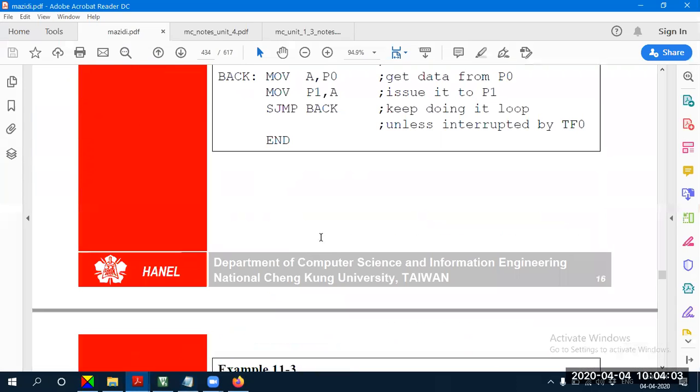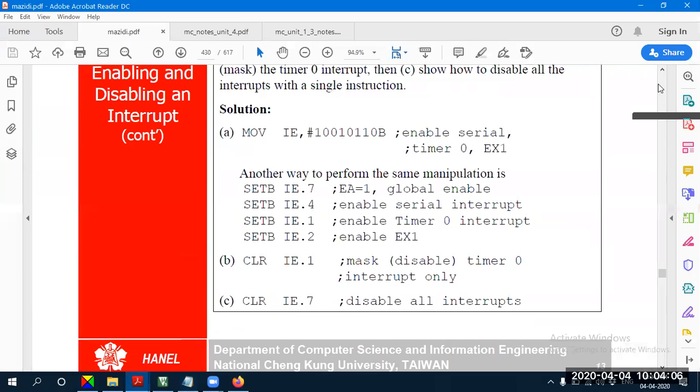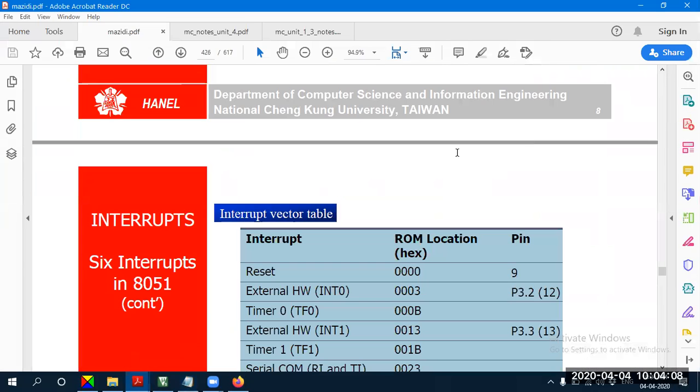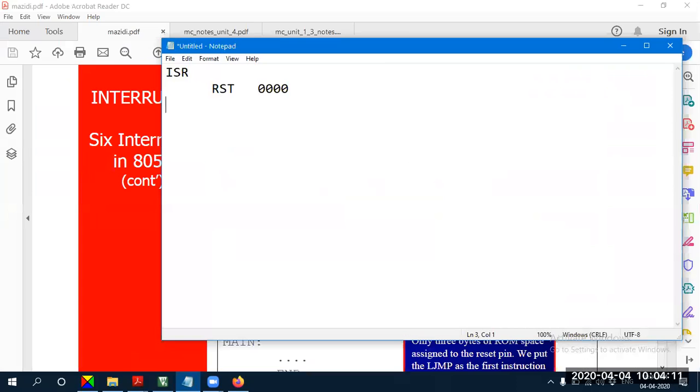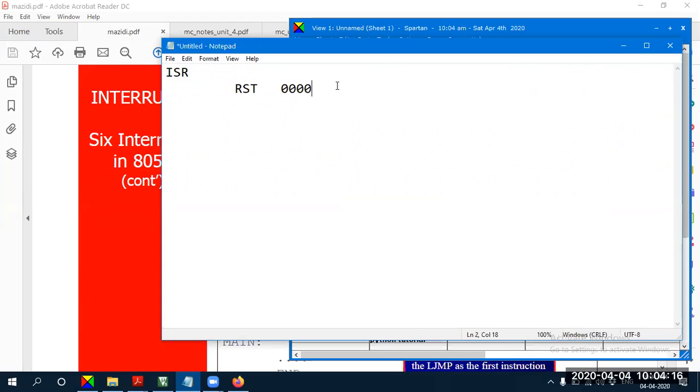Let me open the interrupt vector table quickly so that we can continue the discussion. For interrupt 0, what is the address, guys? For interrupt 0, the address is 0003H. For timer 0, the address is 000BH. And for interrupt 1, the address is 0013H. It's very easy to remember. And for timer 1,